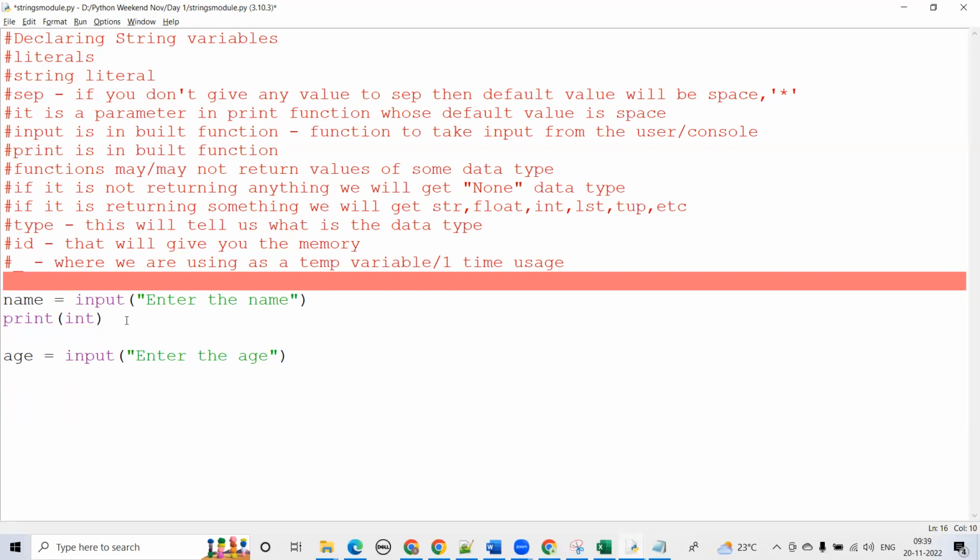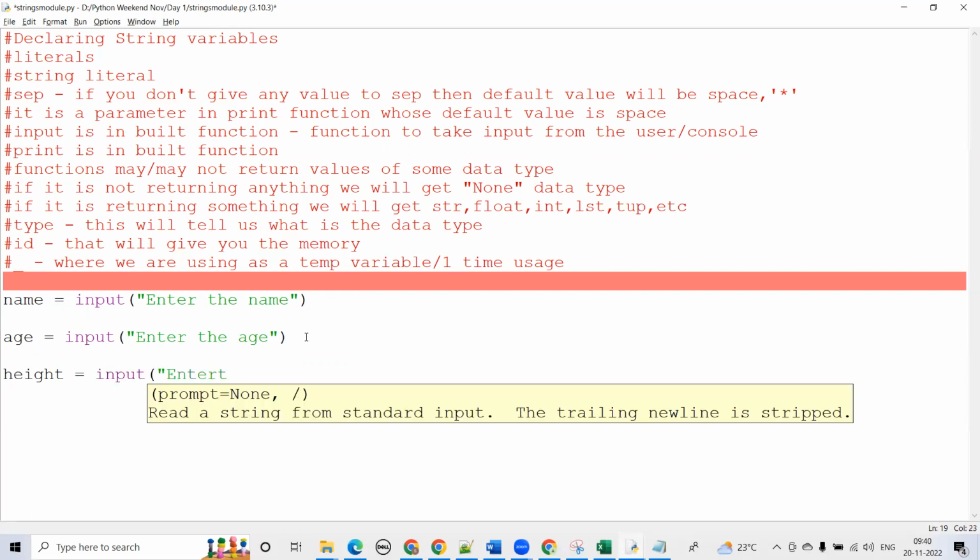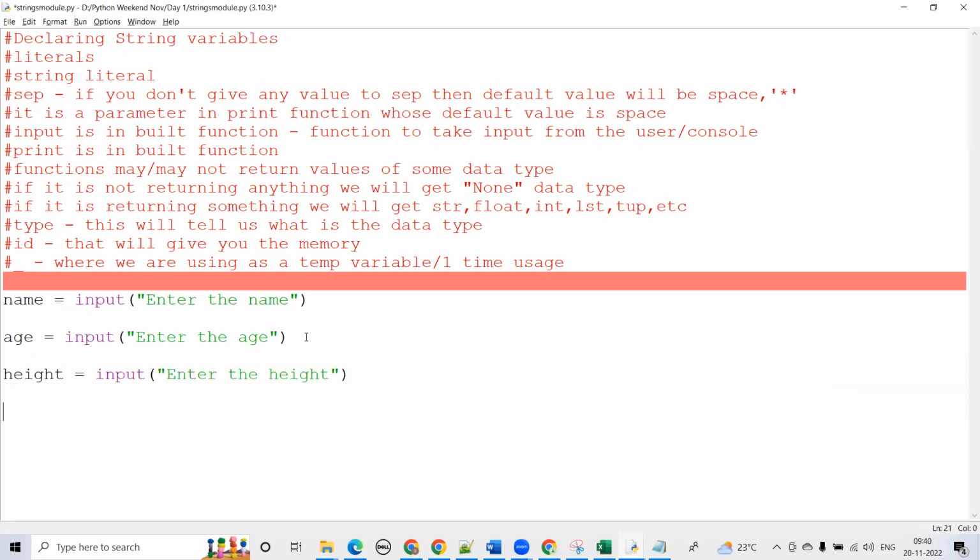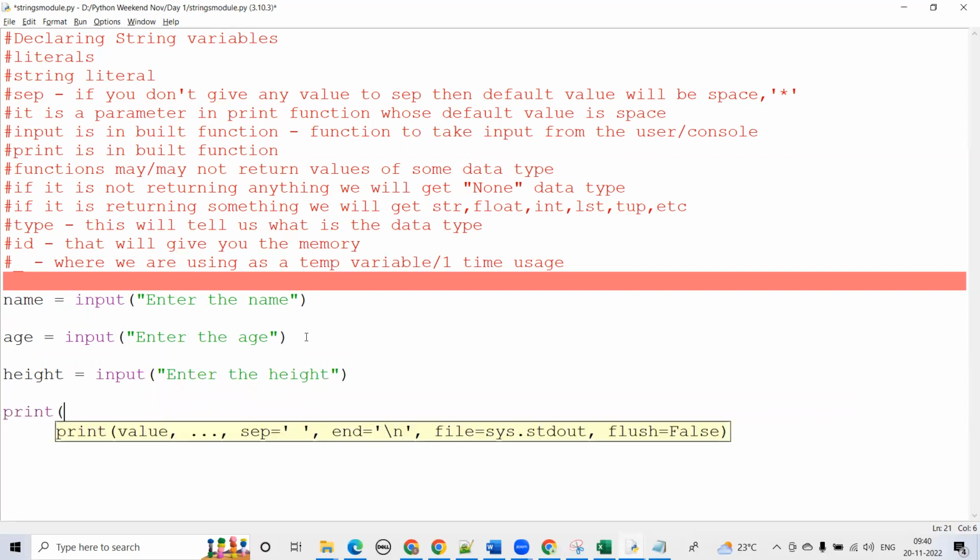Let's not print it here. Keep it separate. And let's take height as another input here. Okay, and then if we do this, name, age,